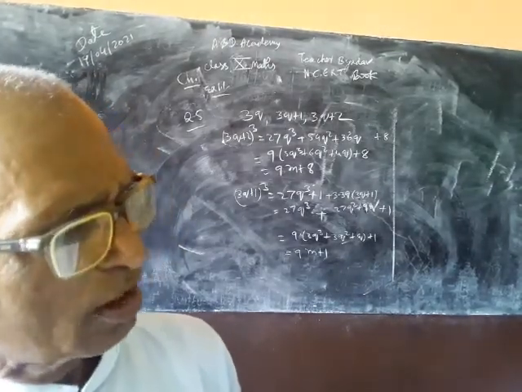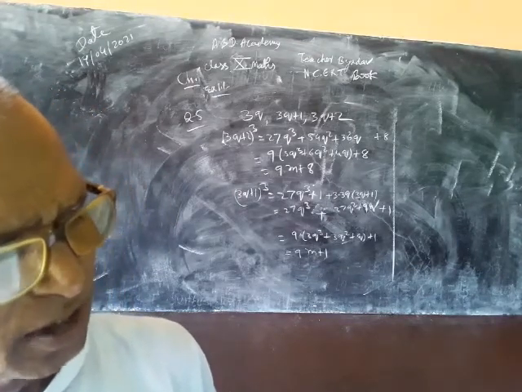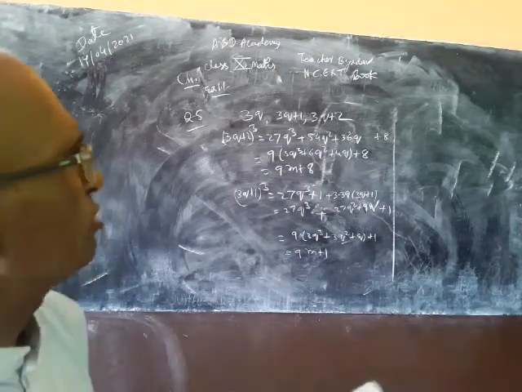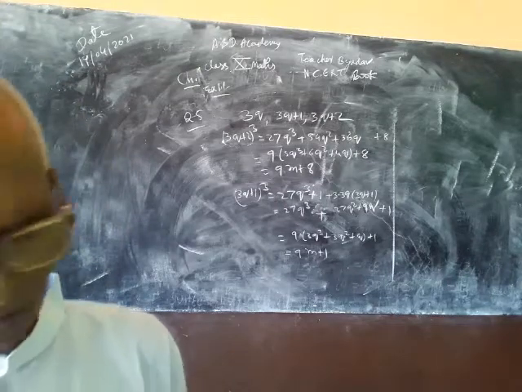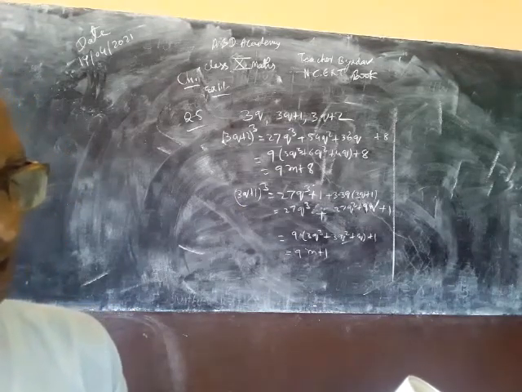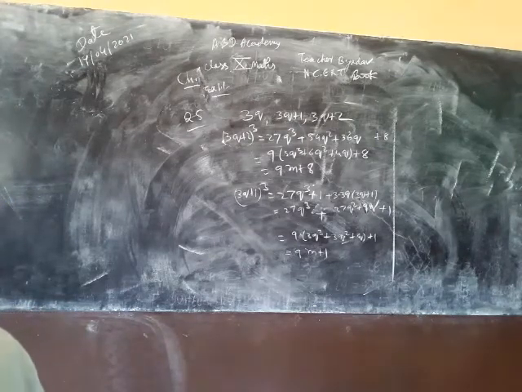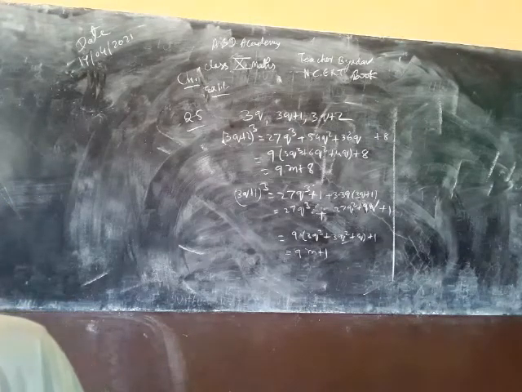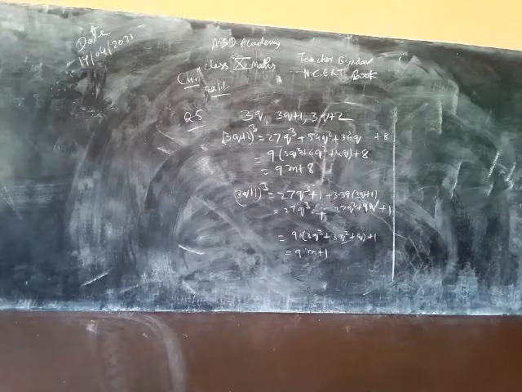You can do number 2 also by this method. For odd positive integers you can take 2m plus 1 or 2m minus 1 likewise, and you can proceed there. So we have finished this Exercise 1.1 along with Exercise 1.1A of R.S. Agrawal. From both books we have finished one exercise, and you try to do these things.